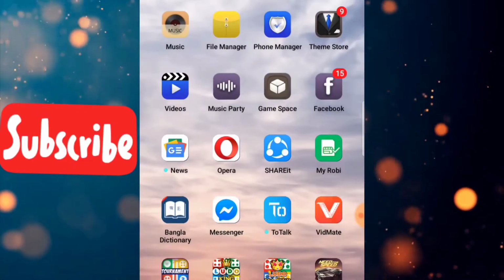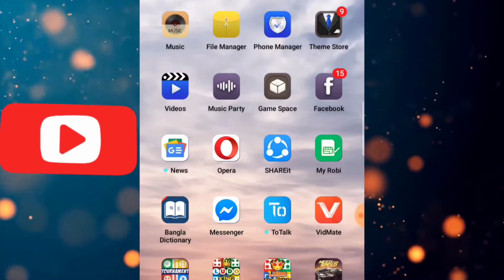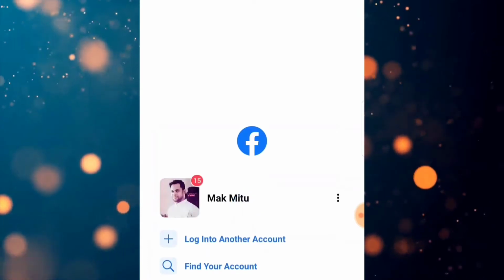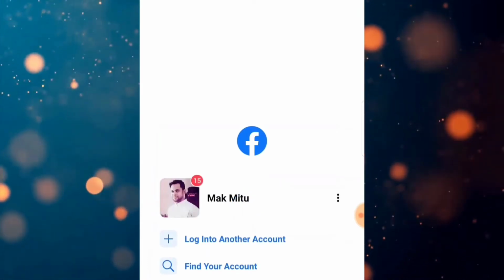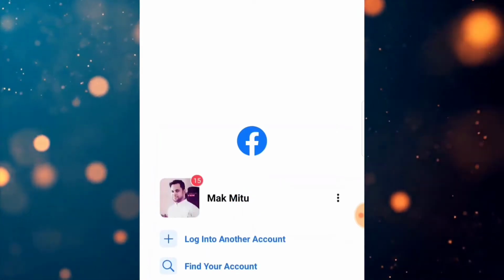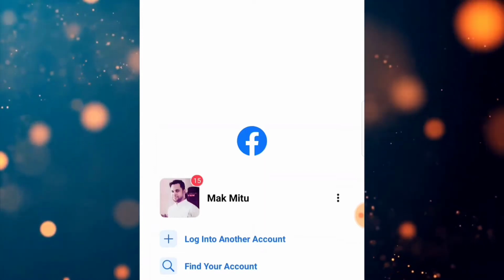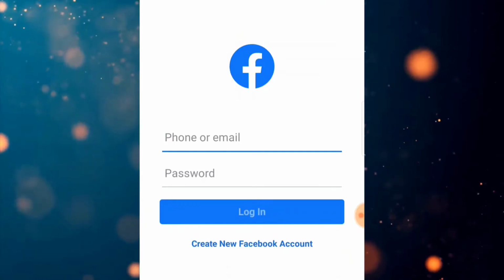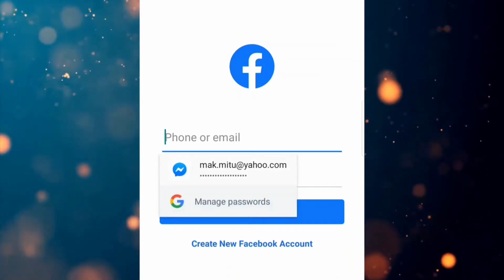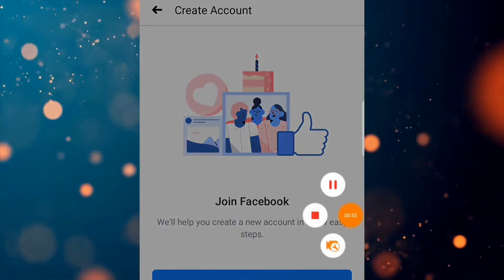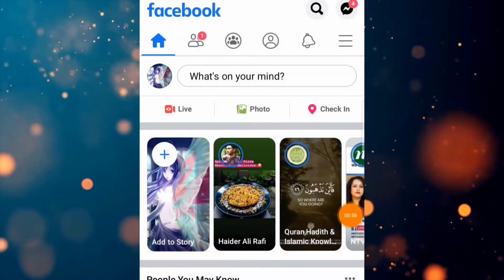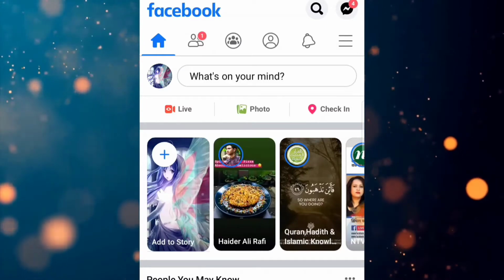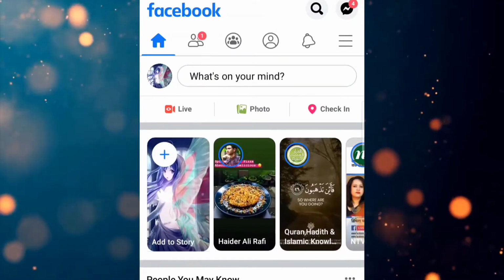I'm clicking on my Facebook app. After clicking, you can see the login option. I am starting to log in. After logging in, you will see my Facebook homepage,